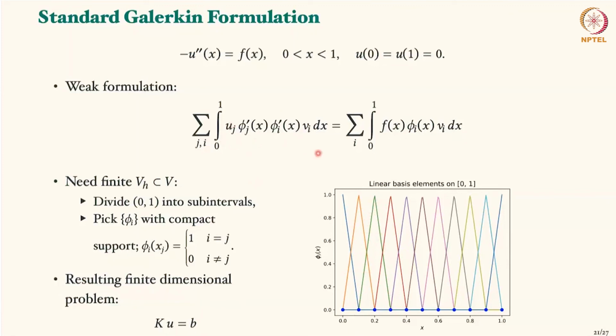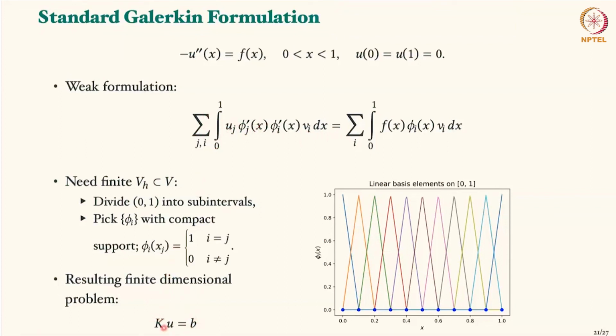And I can compute this integral, therefore. It's just a product of two constant functions, which I integrate from 0 to 1. Okay. So these uj and vi are not part of this integral. They are some constant values themselves. So they'll come out. And with a little bit of algebra, you can show that it leads to a linear